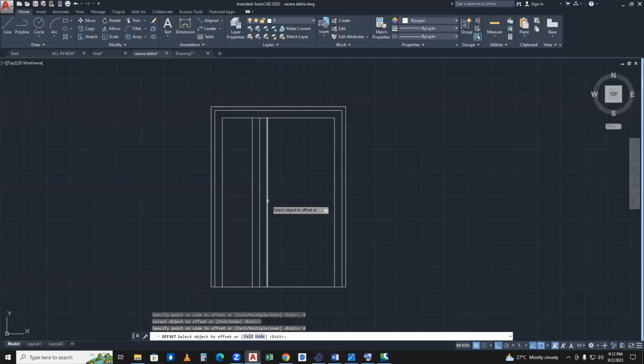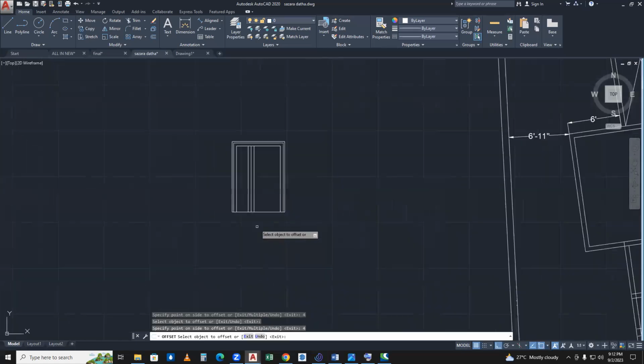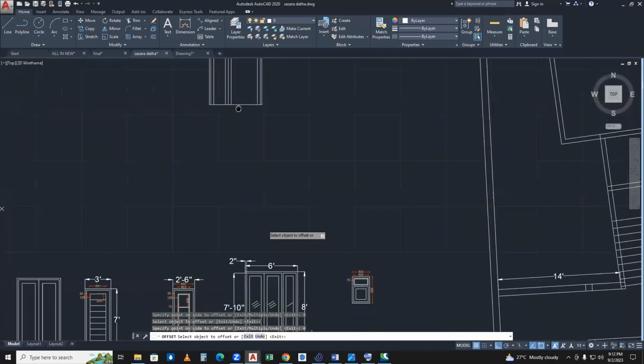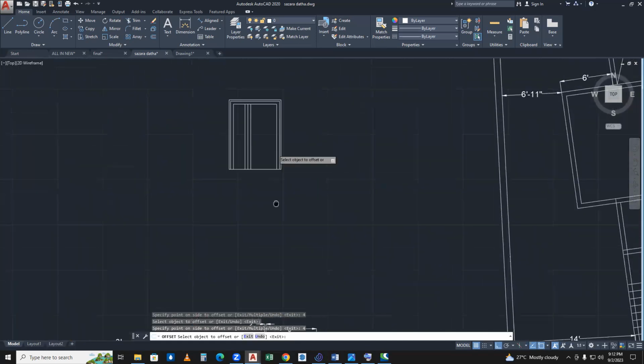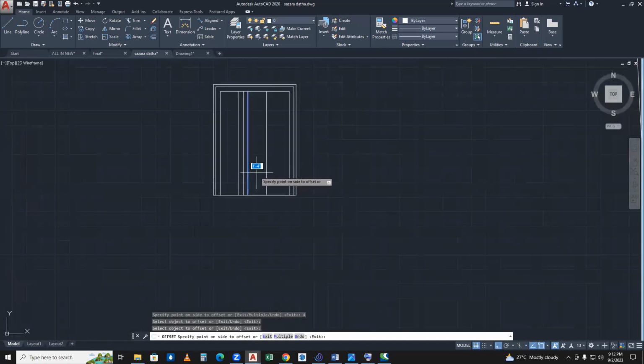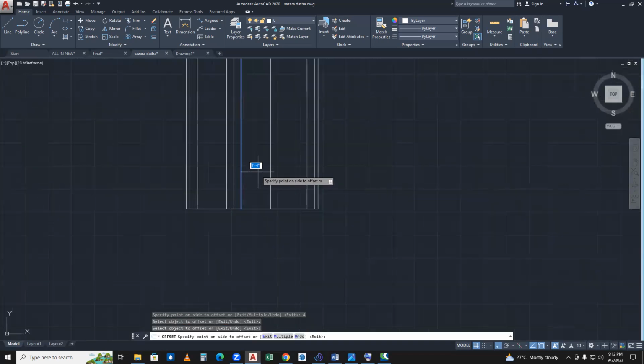Same, right? So there's another 4 inches coming. And then again, there's another one coming here, right? This line. So another 1 feet and 4 inches offset. And then we'll get a 4 inch offset. And finally we'll get a